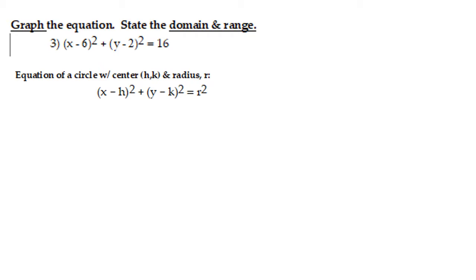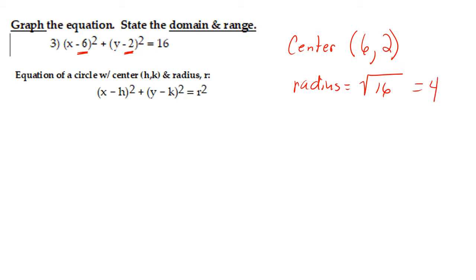Here's another circle problem. Again, the center is the opposite of that x value and the opposite of that y value, so both of those negatives would turn to positives. The radius would be the square root of the given number 16, which is 4. This will help us be able to graph. So I will go to 6, 2, and center my eyes there. That is the center point. Then